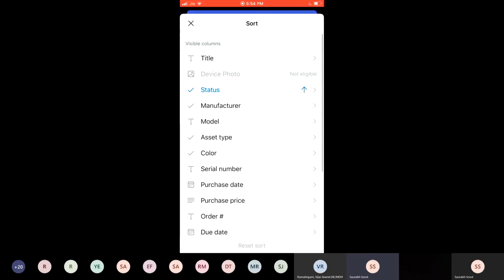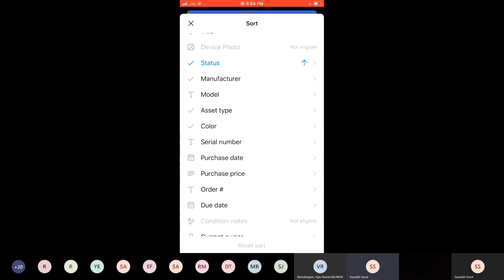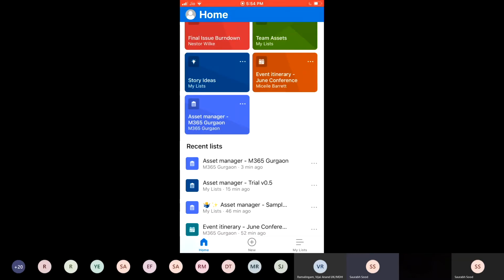The other thing is all these extended options of sorting. You can sort by supported column types. You can group and you can filter. So we are really bringing the best of list on mobile in a very fluid, efficient experience here.